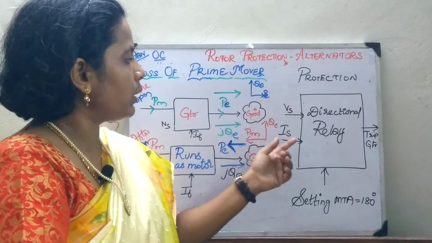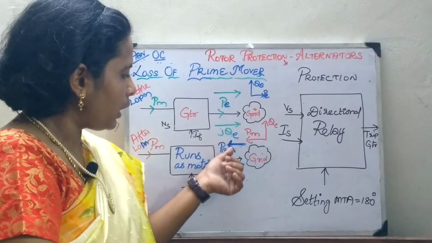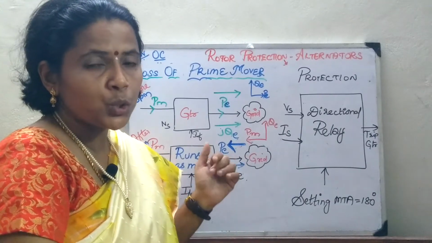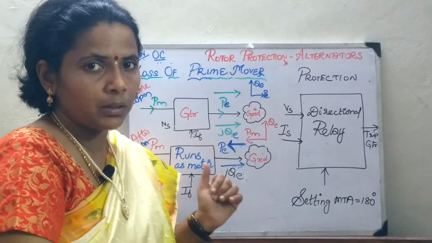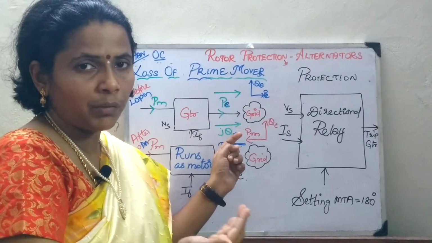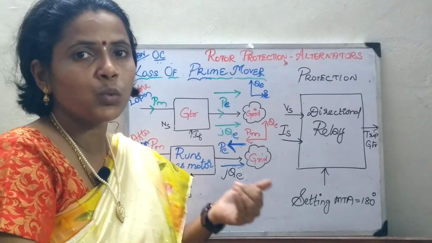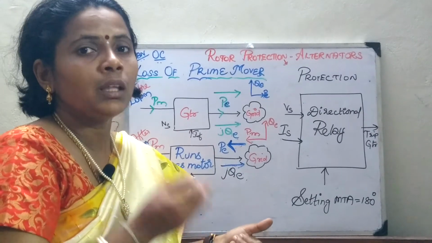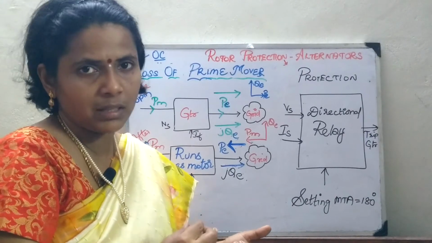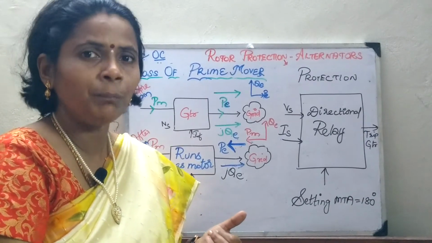The main thing is, you are drawing the active power from the grid, but you should keep in mind that whenever it is delivering, it delivers a very high active power, whereas whenever it is drawing, it draws a very low active power. So, whenever it draws a low active power, you have to put a relay to sense it, so that you can note that there exists a loss of the prime mover.